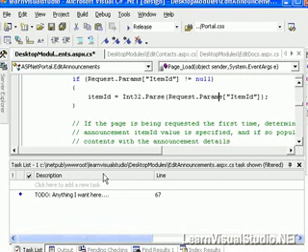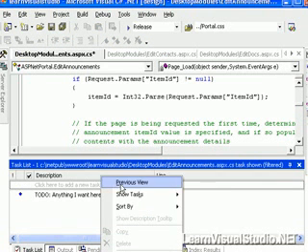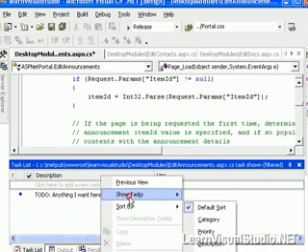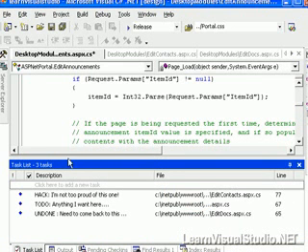What I can also do is right-click on the task list and go to Show Tasks, and you can't see it, but here at the bottom says Current File, so that whatever